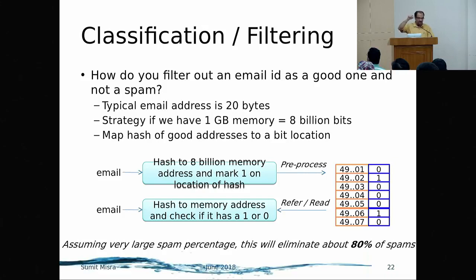And if you see that, you go and mark a 1 or a 0 in that, say let's mark it as 1, rest as 0, we mark a 1 in that bit. And whenever a new mail comes, that is also hashed, and people see whether there's a 1 in there, and they figure out that, okay, that is a spam, and we'll remove it. Now if you do this, for this example of 20 bytes of data, 1 GB of RAM, 8 billion bits,